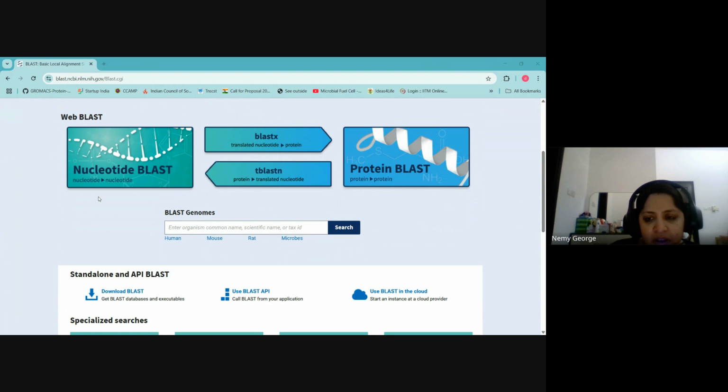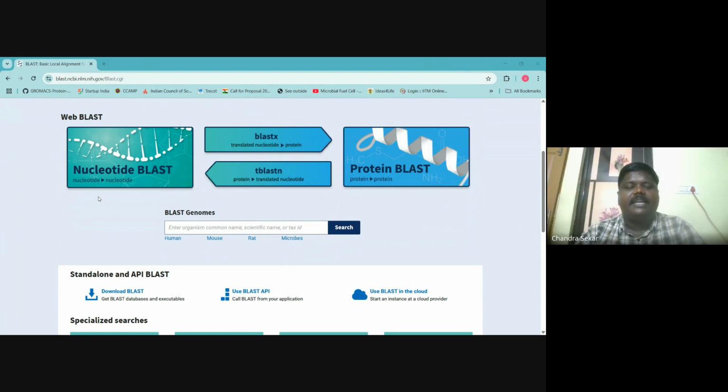No, it will be there in the database. You only have to find the sequence of that particular organism. You can go for 16S rRNA sequencing or whole genome sequencing. Just by having the sequence, you can put it in the database and try to find the characters. Correct. In the same way, we have n number of sequences in the database.